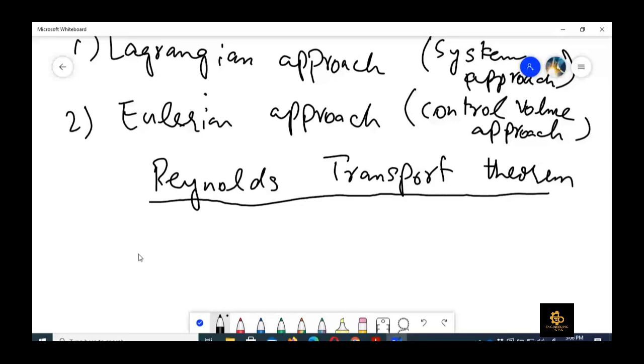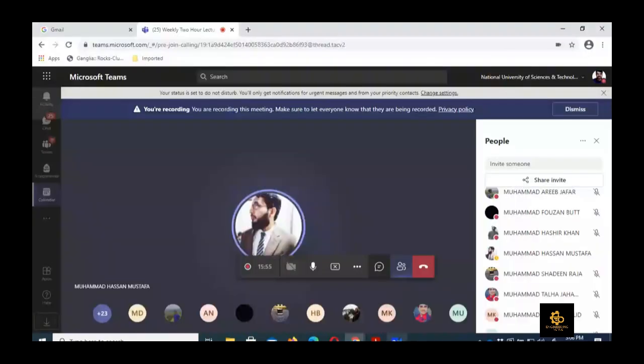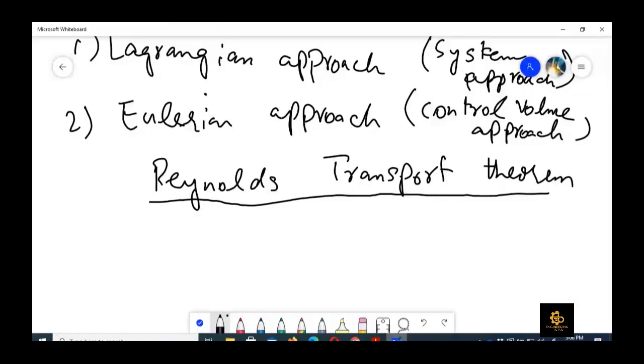Thank you very much, Hassan. I think your name is Hassan Mustafa. Okay, Hassan Mustafa, thank you very much for the clarification. It couldn't be any better. You are absolutely right, because in the Lagrangian approach we are following the system, and in a system we have got infinite particles. So it is impractical to follow each particle. Rather, we define our space as a fixed volume in space, so that we can observe the particles which pass through that fixed space. That is the Eulerian approach. So that's why we need the Reynolds transport theorem